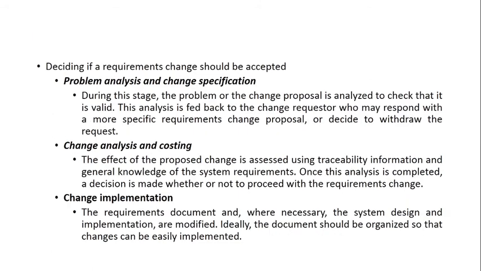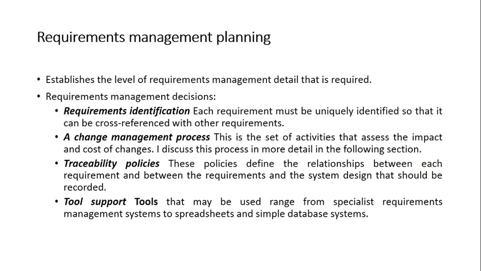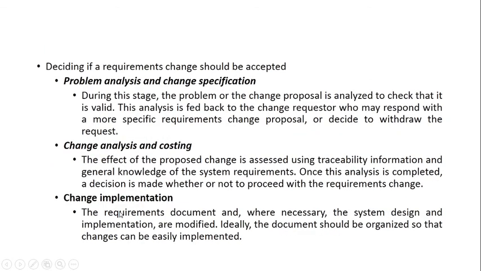Once you have planned it, then decide if a requirement change should be accepted or not. Now whether to go for that change or not. Since you have analyzed the impact measure here, you have identified the impact and the cost, whether it is traceable or not, and whatever tools are required for that. This was the planning part. Now whether to accept that change or not. Now what are we supposed to do?